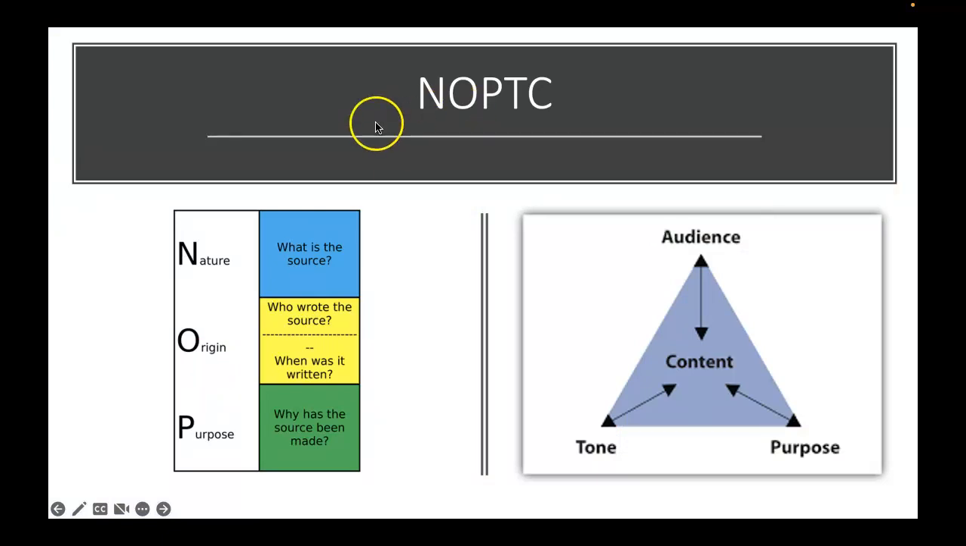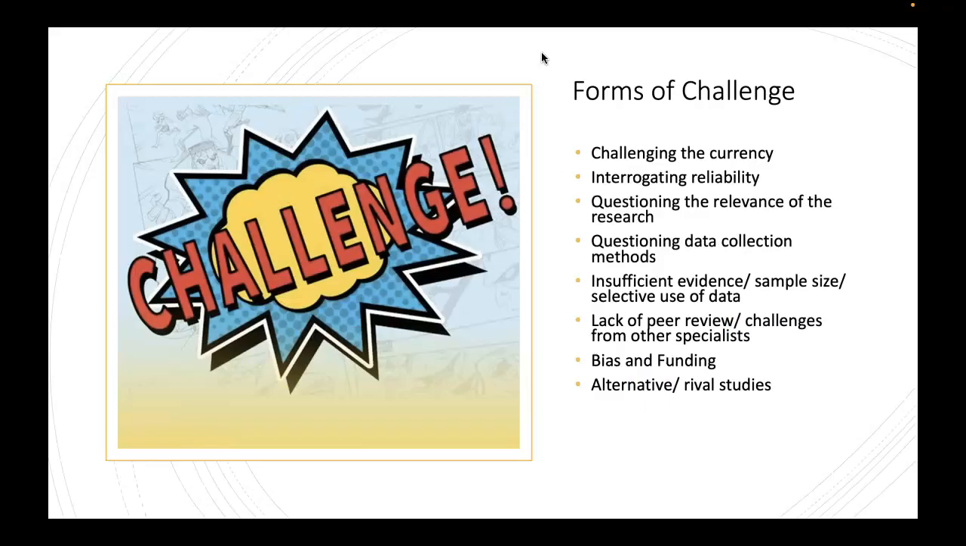And the third one we looked at is NOPTC, where you look at nature, origin, and purpose. But you could also include things like tone and context. And context will be important in one of the two reports that we look at today. Just a reminder, in terms of challenging, you can challenge the currency, you can challenge the reliability, you can question the relevance of the research, you can question the data collection methods, or the sample size, or whether the data